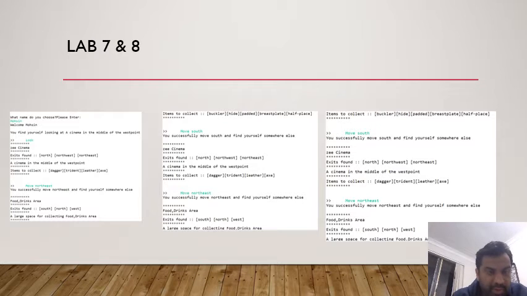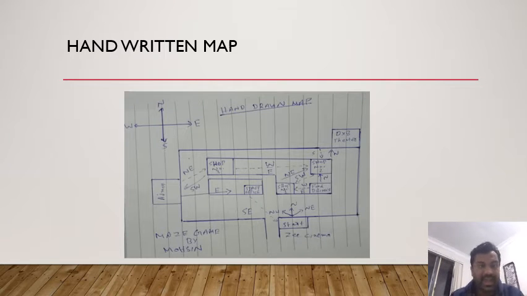In this slide, we are going to discuss the look command. First of all, we have entered the player name as Mohsin. It will come as Mohsin, and we use the look command to see where we are exactly. To move north, we use the move north command. To move south, we have used move south. To move southeast, we use the move southeast command, and to move northeast we are using the move northeast or move east command respectively.